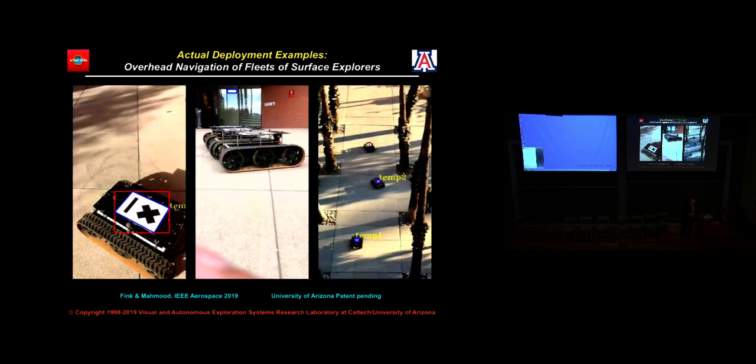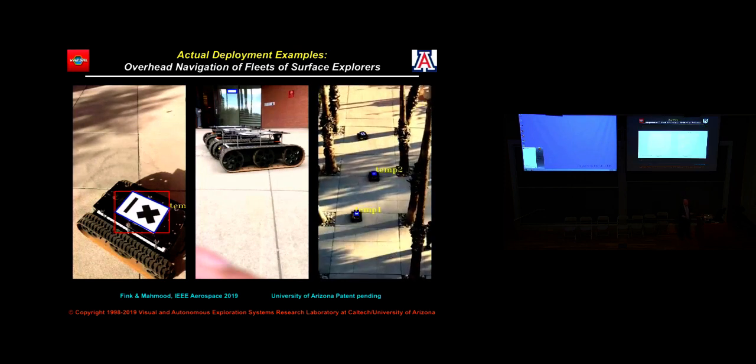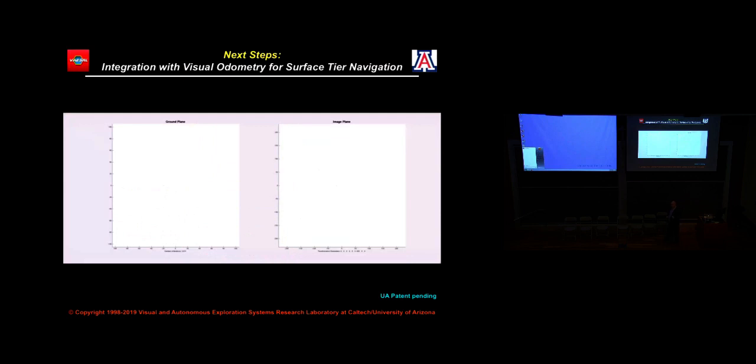So that part we just finished. And there's one more component to this. That assumes that you have an overhead perspective with a steady camera looking at the ground. Once the camera is on an airship, balloon, or other aerial platform, of course,